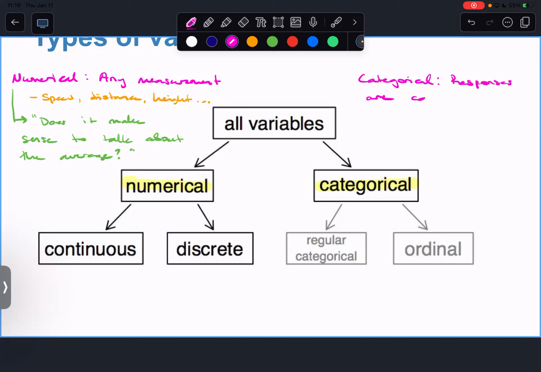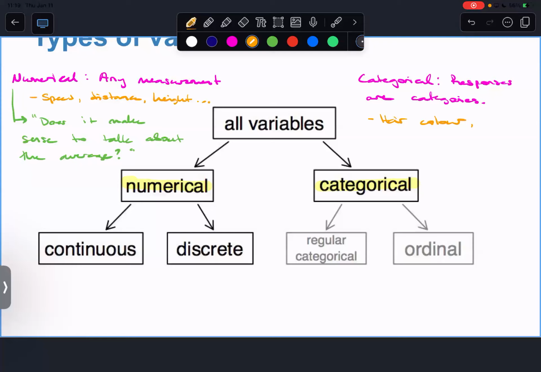Things like hair color, eye color, but what's another one? If I ask you what year of school you're in, first year, second year, third year, fourth year, fifth year, victory lap,